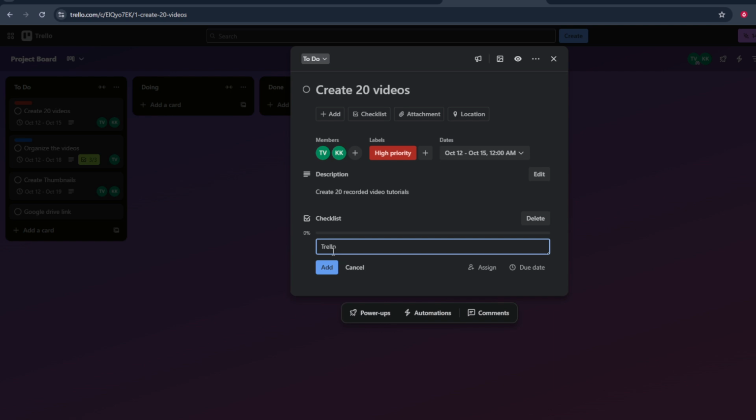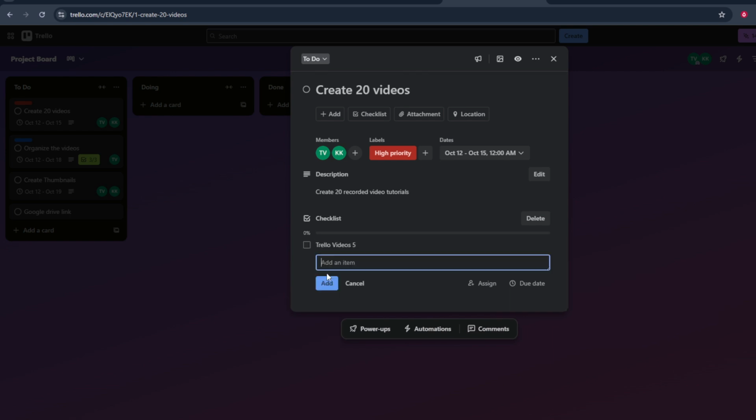With the checklist created, it's time to populate it with items. Consider breaking down the larger task into smaller, bite-sized tasks that are easier to manage and track. Click on Add Checklist Items to begin jotting